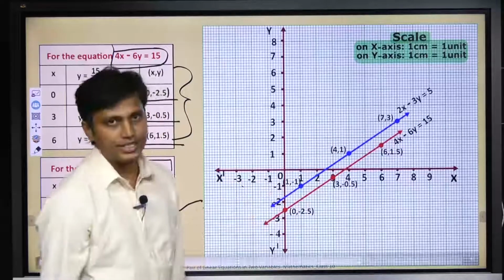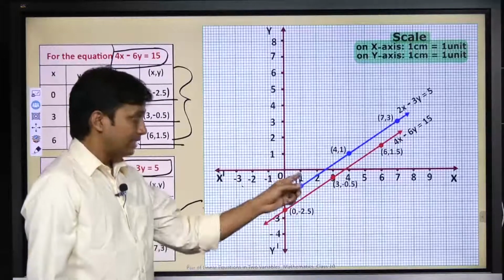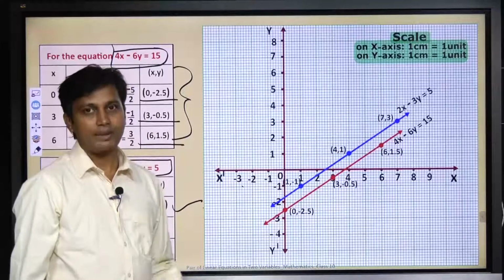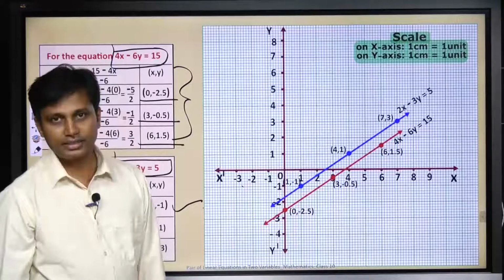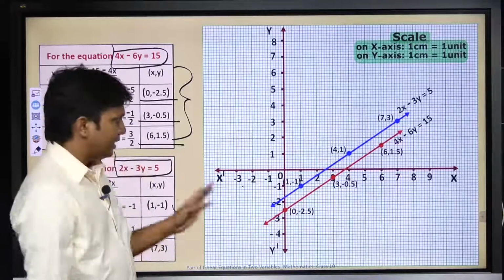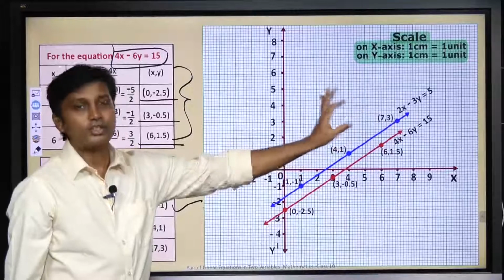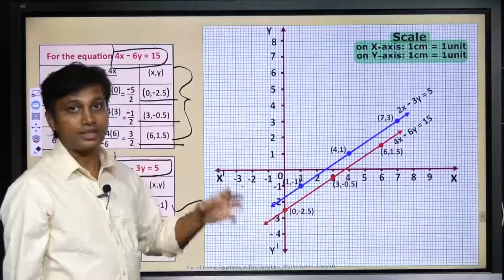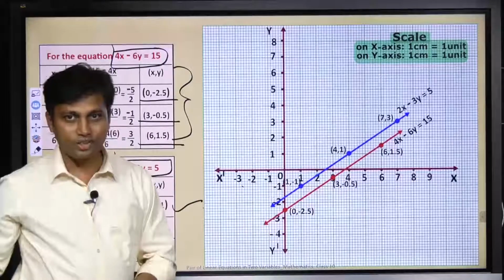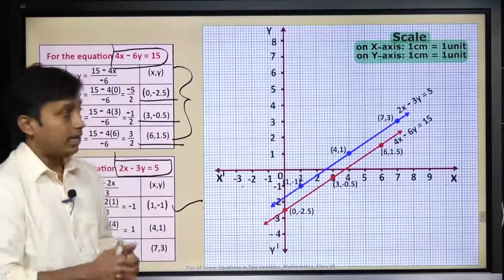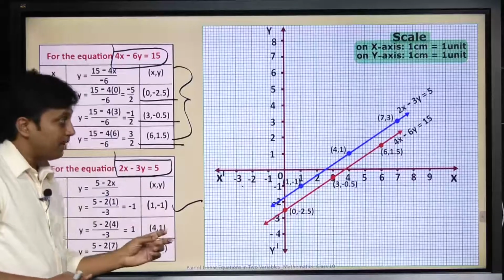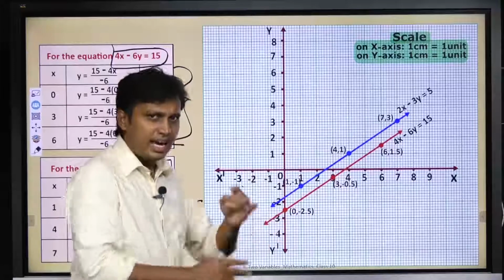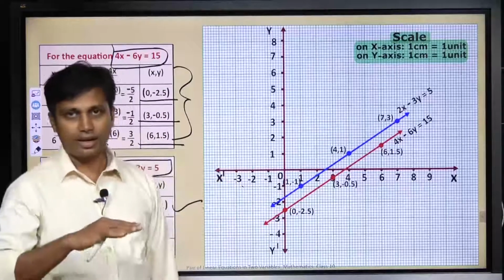Now what is your observation? Are these equations representing parallel lines or not? Absolutely, these are representing parallel lines. So from this, what can we say? Is there any common point for them? No common point. So is this example justifying the two parallel train tracks or not? Exactly. So parallel lines are represented by this type of equations. And which type of equations represent parallel lines, I will tell you at the end of the lesson. We'll come to that point.